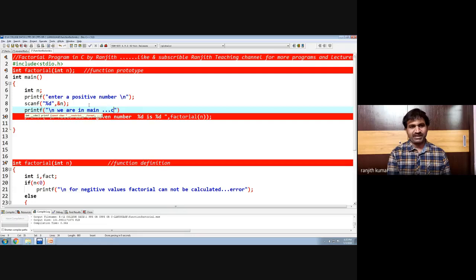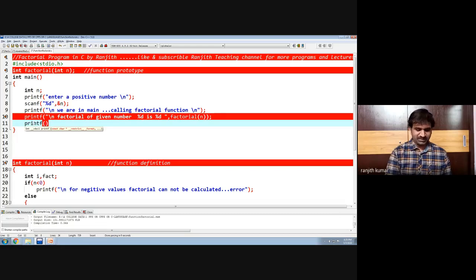We are in main, calling the factorial function, and using these printf statements we can prove that we are going to the factorial function and back to main.